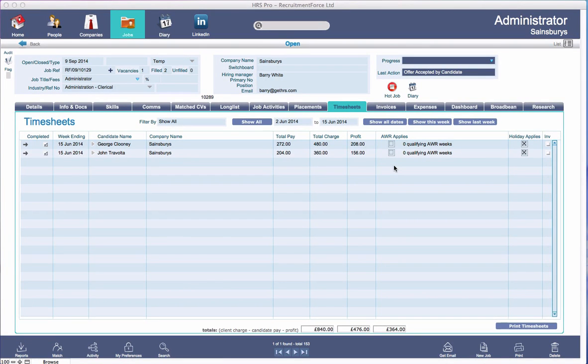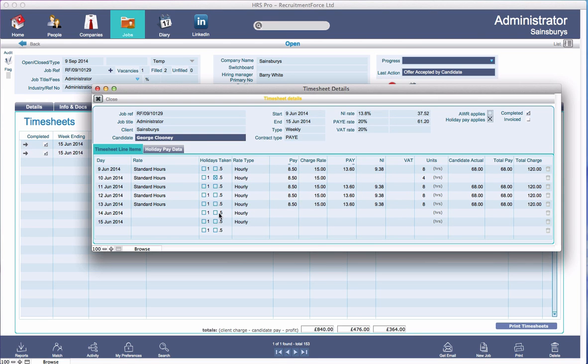Next we're going to have a look at invoicing timesheets. I'm already in a temp job in the front end of the database and I'm on the timesheets tab within the job itself, and there are two timesheets that a consultant has gone into and populated and completed. So if I just go into the first one using the arrow on the left, George Clooney for Sainsbury's, and